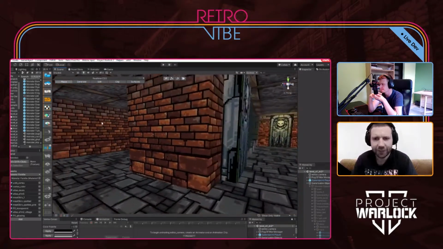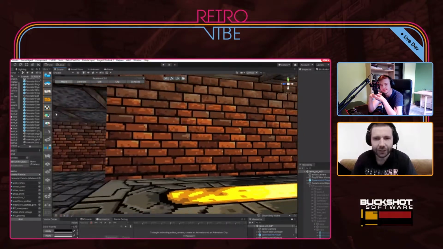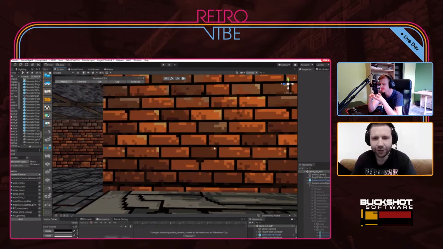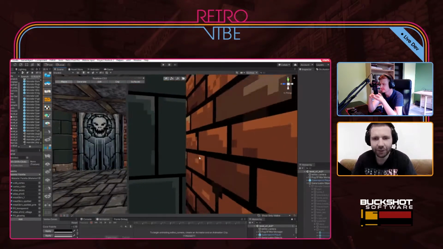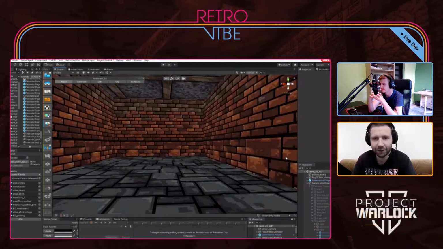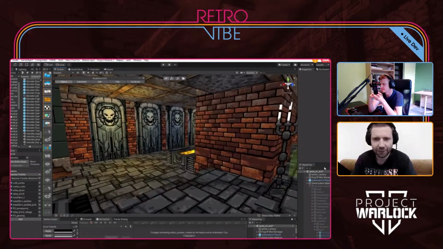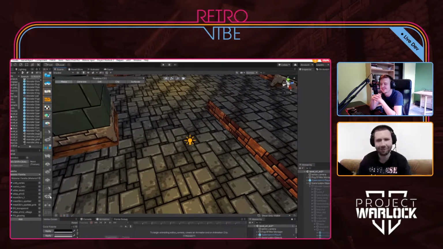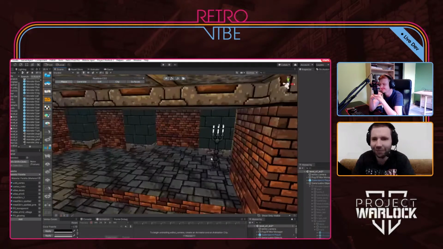This art style, like you mentioned, relies on these big black outlines, and with bigger resolutions, these outlines were just getting smaller and smaller, and weren't visible enough, and it didn't look like Project Warlock. It just wasn't anymore. Yeah, exactly. It wasn't Project Warlocky enough.